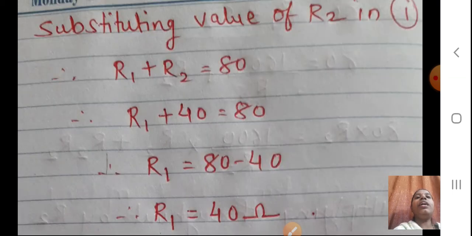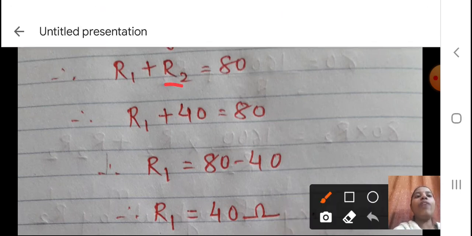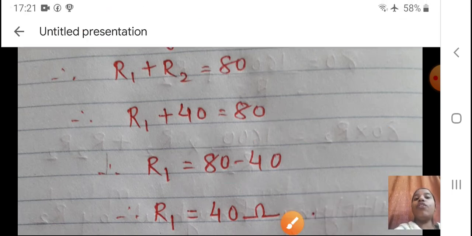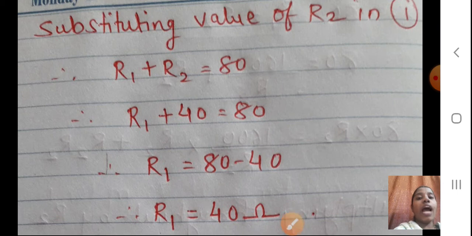Okay, we'll proceed. Substituting the value of R2 in equation 1. R1 plus R2 is equal to 80. This is our first equation. Now you have got the R2 value, that was 40. So R1 plus 40 is equal to 80. This plus 40, when it goes to this side, becomes minus 40. 80 minus 40 is again 40 ohms. So students, what we have understood from this is that the two values of R1 and R2 are 40 ohms. R1 is also 40 ohm and R2 is also 40 ohm. Final answer I want you to write on your own when you solve it in your notebook. Final answer is important. I hope the sum is clear to you.